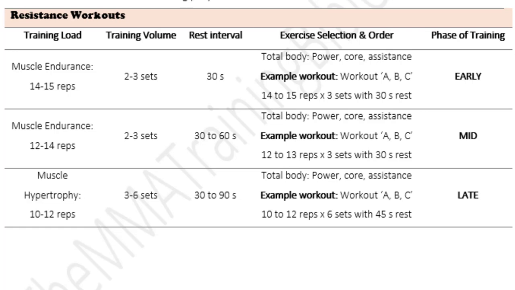Another important thing to note here in the example is the workout. Now, if you recall from the lecture on building explosive strength and power, I shared a document with you titled The MMA Training Bible's Guide to Explosive Strength and Power, which covered training techniques and we provided you with a whole bunch of sample workouts. Now again, just for simplicity, I've taken those sample workouts and placed them at the end of this document. I think it's around page 11. So here, importantly, when the table is referring to workouts A or B or C or D or E, just simply jump to page 11 or wherever it is in this document just to see what it actually entails.